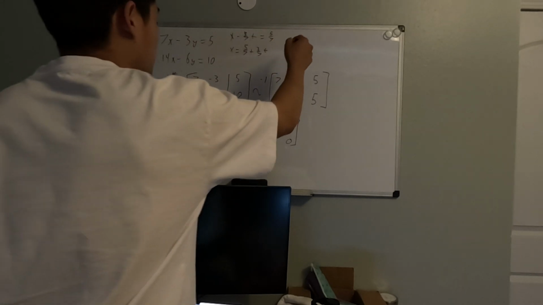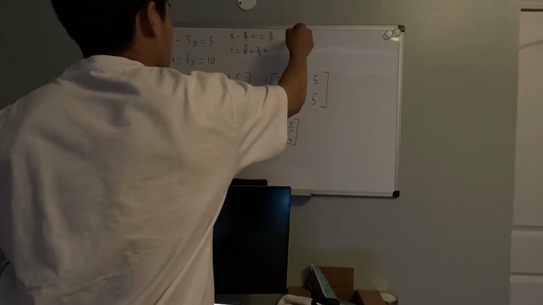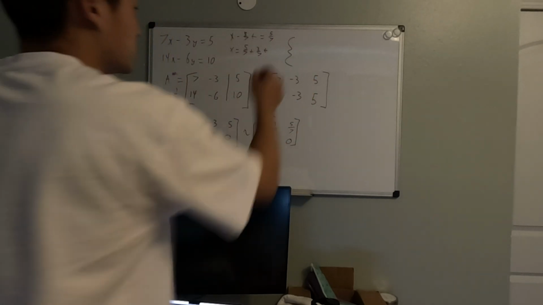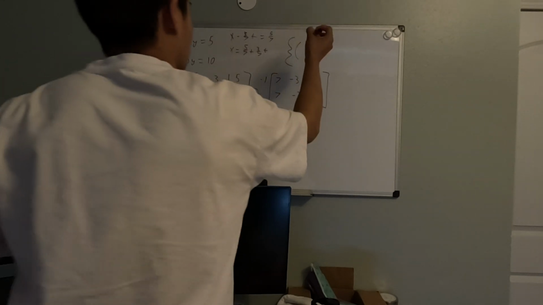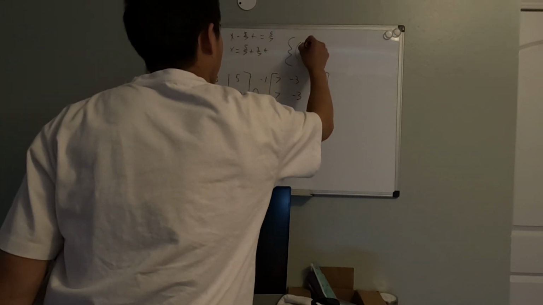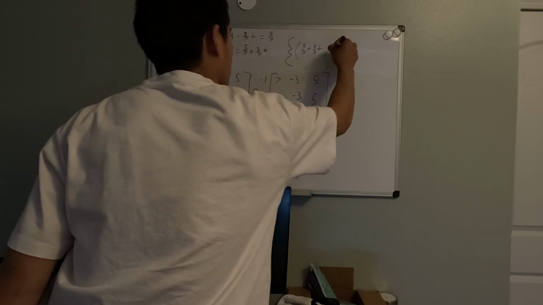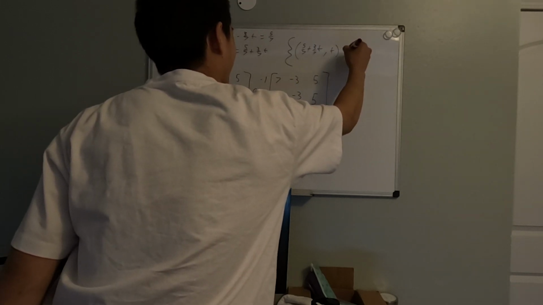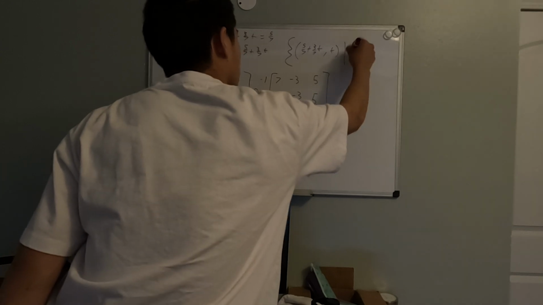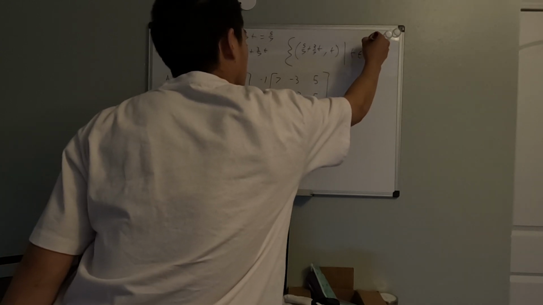So this means that your set of real answers is: your x's are going to be 5/7 plus 3/7 t, and then your y's are going to be t,